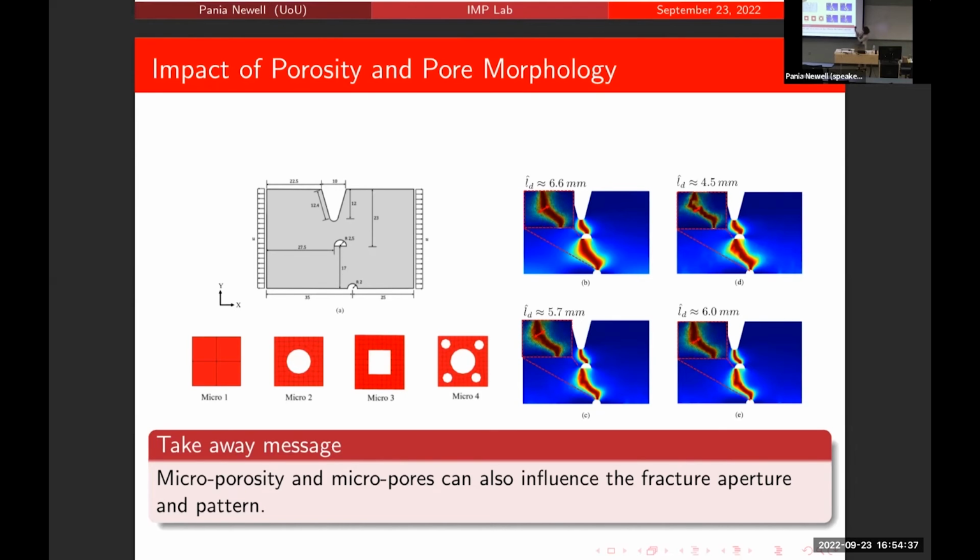We are tracing the maximum apertures at different points corresponding to the same coordinate system. You can see there is also a drop in the opening of the fracture. These are very important when we want to calculate the permeabilities and look at the fluid flow within the system. And this one, obviously, is when we are increasing the porosity. So the smoothness is back. We are using those circular pores, and the aperture size is increasing. So through this problem, we are highlighting the importance of the underlying pore structure on the fracture path at the macro scale.